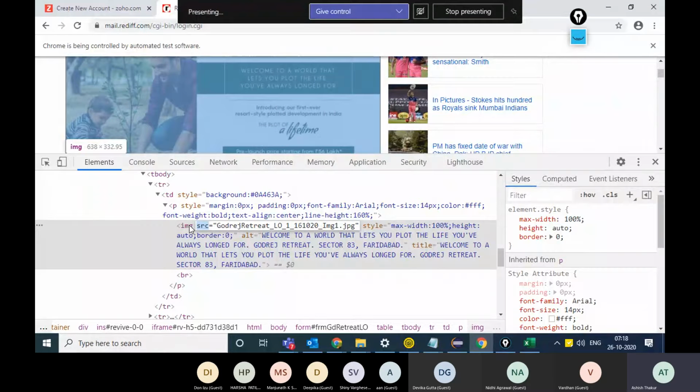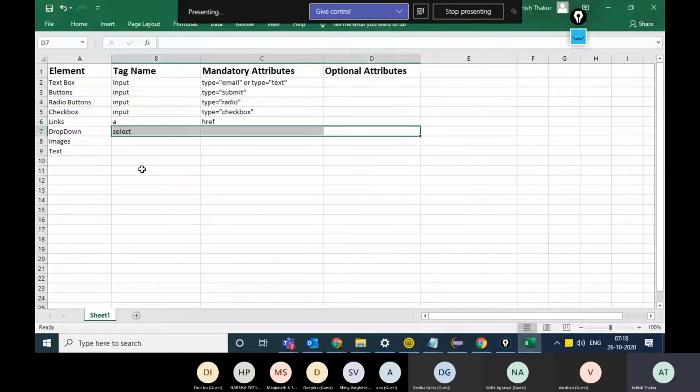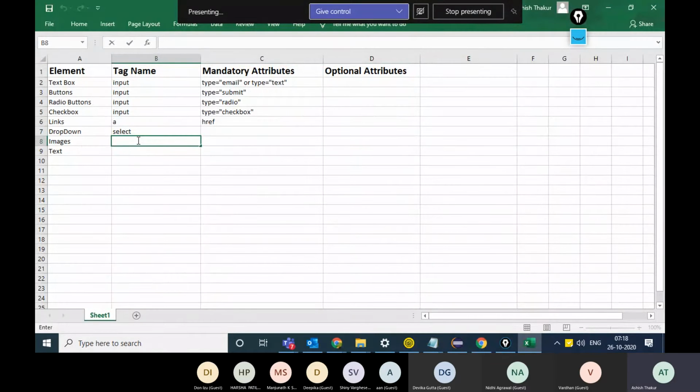So out here, the tag name would be img for an image, and there will be a mandatory attribute source which actually represents the URL from which the image will load. And in case of a regular text, you cannot specify the tag name. Sometimes it's a para tag, div tag, span tag, h1, h2.